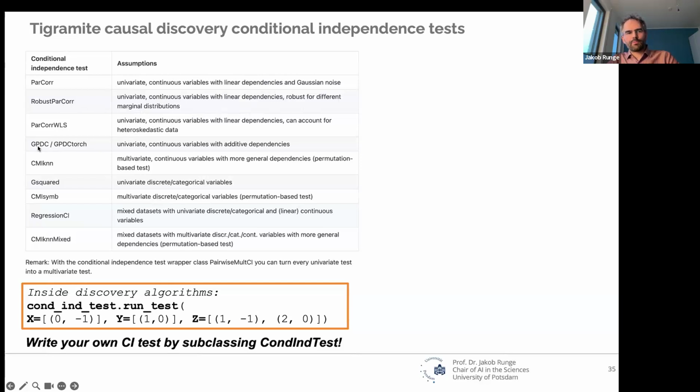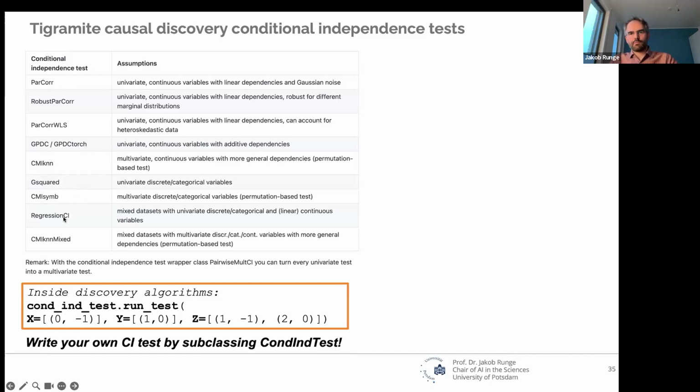I have a Gaussian process distance correlation-based test for additive nonlinear dependencies, also with a GPU version. I have this CMI KNN test that I developed for almost arbitrary dependencies, but of course we know that no free lunch theorems exist. We have G squared, a categorical conditional mutual information test.